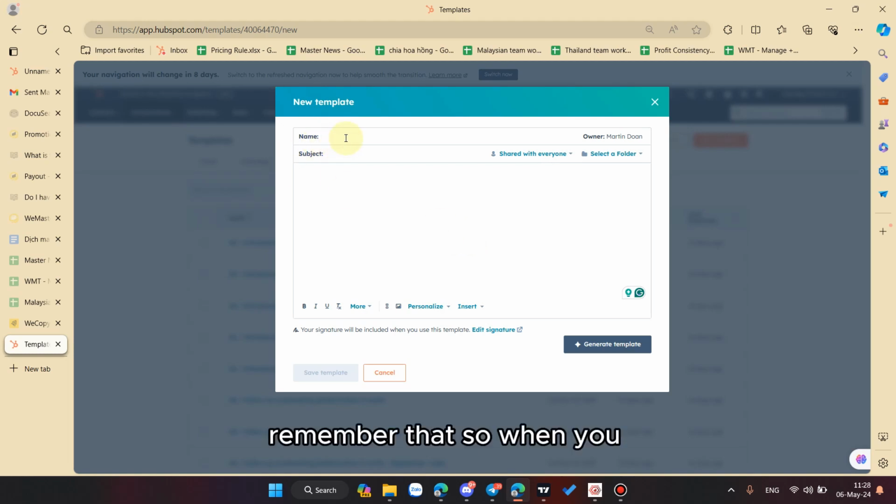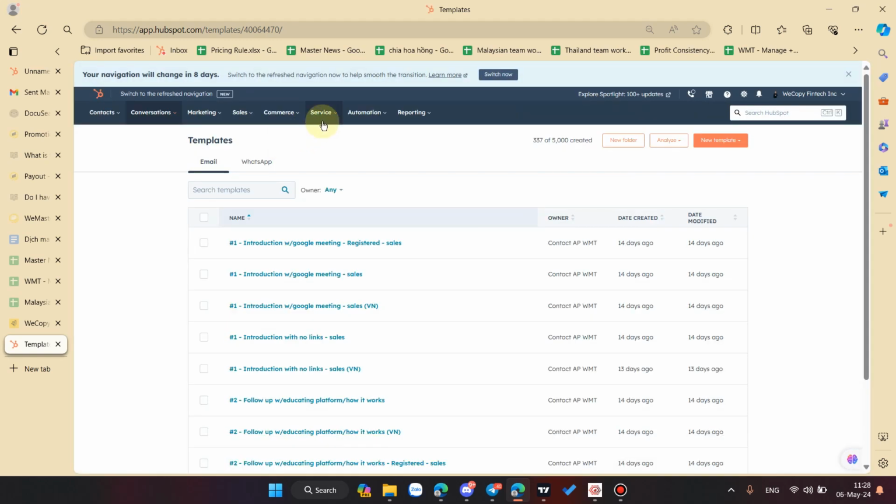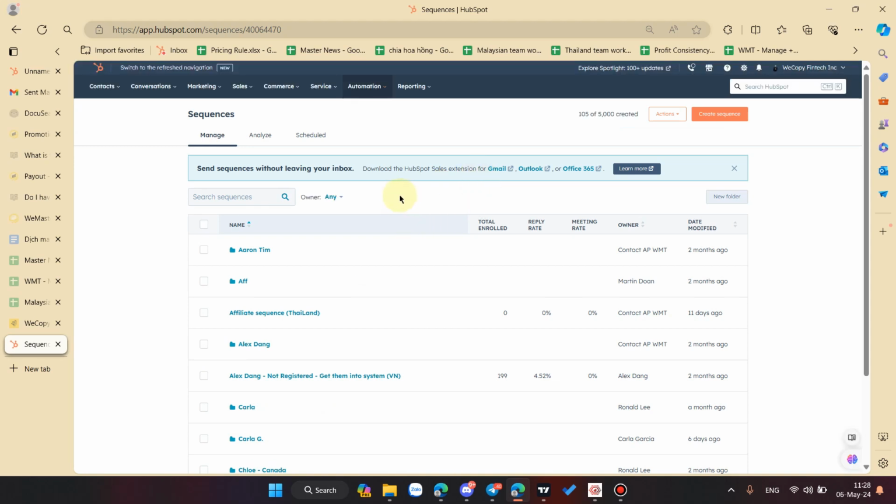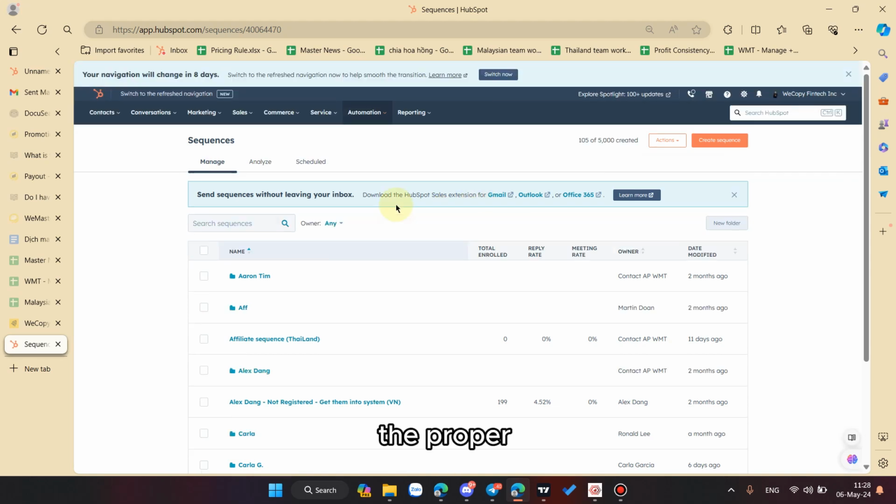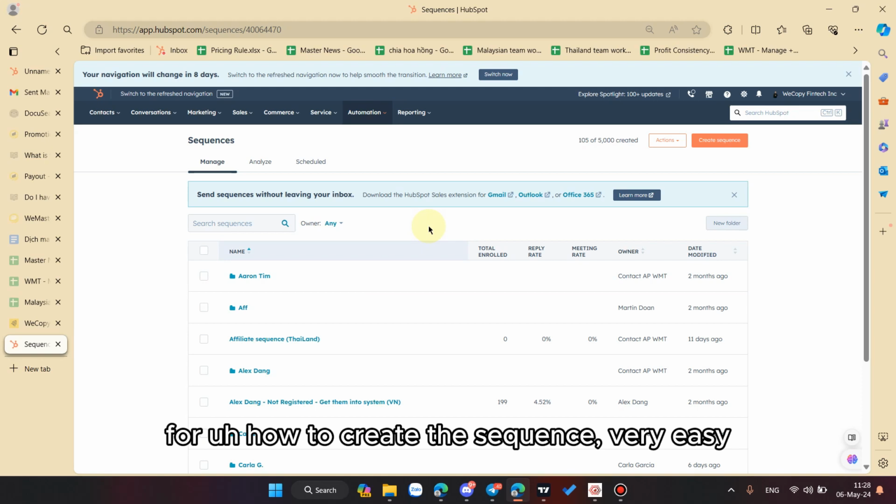Remember that. So when you create the template, now you can come back to the sequence, and then you choose the proper email template and put it in the sequence. Okay, that's it for how to create the sequence.